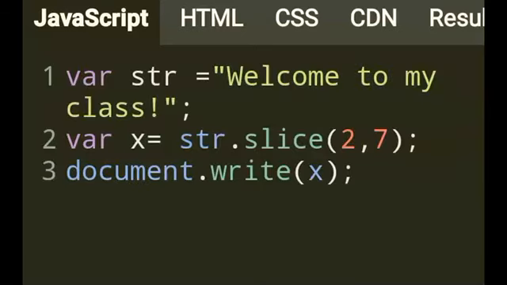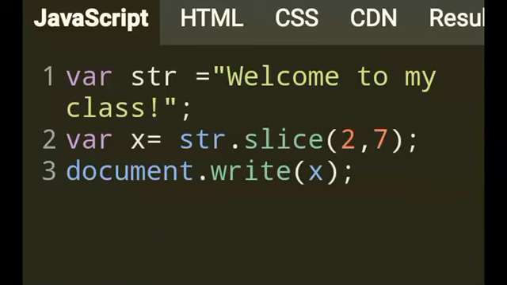Document.write 2, 7, sorry. So starting from 2, I counted it wrong. The position should be starting from 2, which is 0, 1, 2, which is L. So starting from L, the start position is index 2, until 7, but without including 7. So 2 to 6, from L to 3, 4, 5, 6. 6 is E. Because 7 you're not supposed to include, and in any case here the 7 is white space.